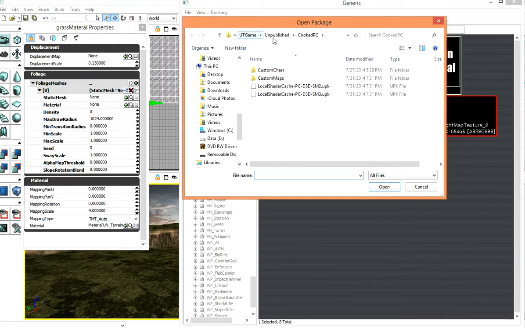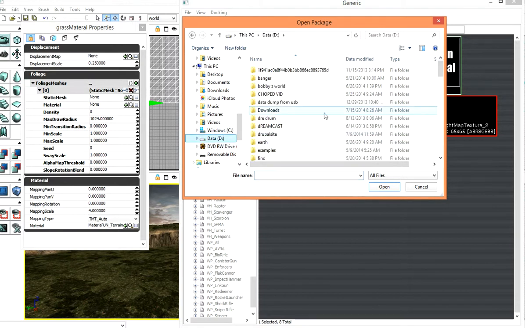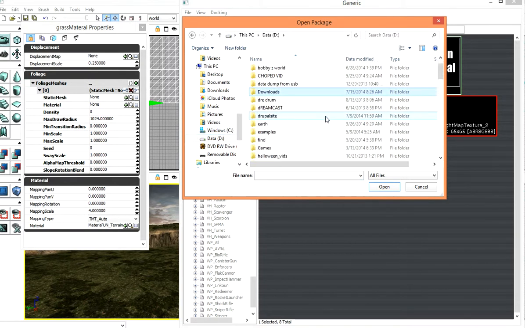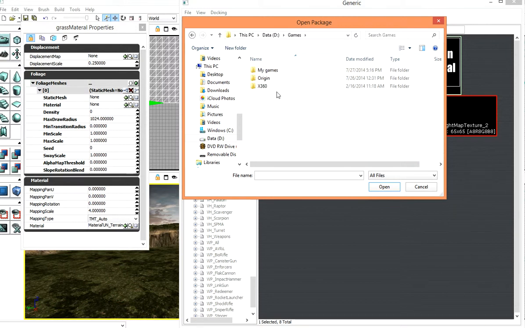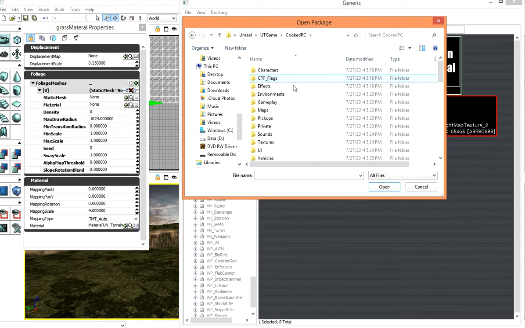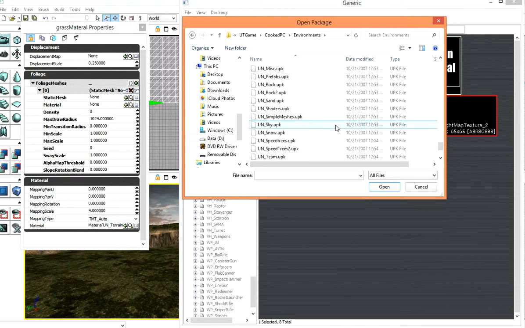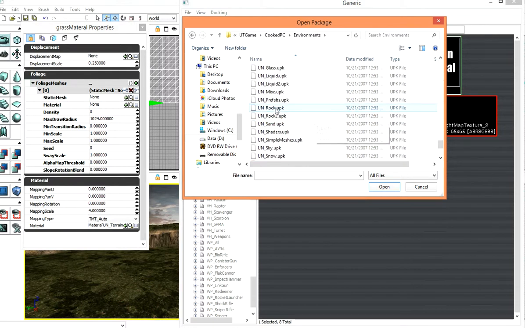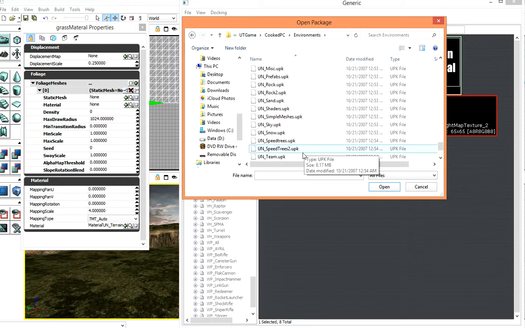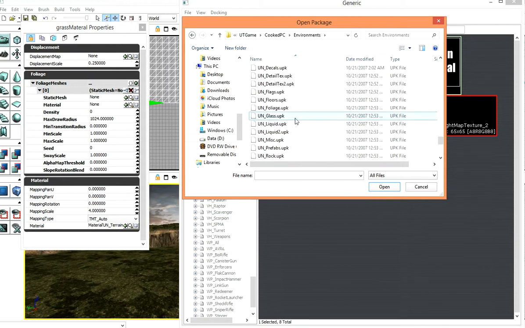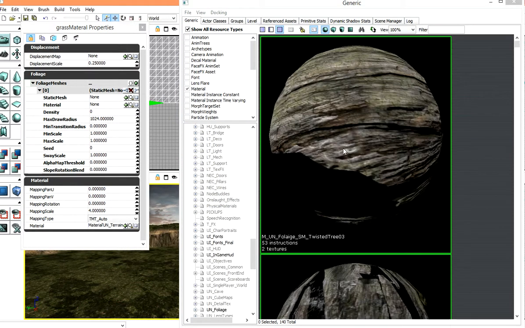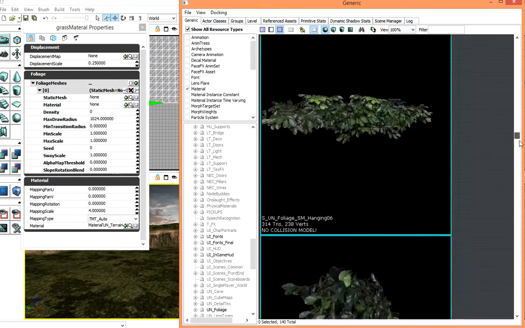Remember, for you, it's going to be Program Files, Unreal Tournament 3, UT Game, Cook PC. Mine is a little bit different. So UT Game, Cook PC, environments. I'm going to go ahead and roll all the way to UN foliage. There it is, UN foliage. Open that up and let's go ahead and go all the way down to find